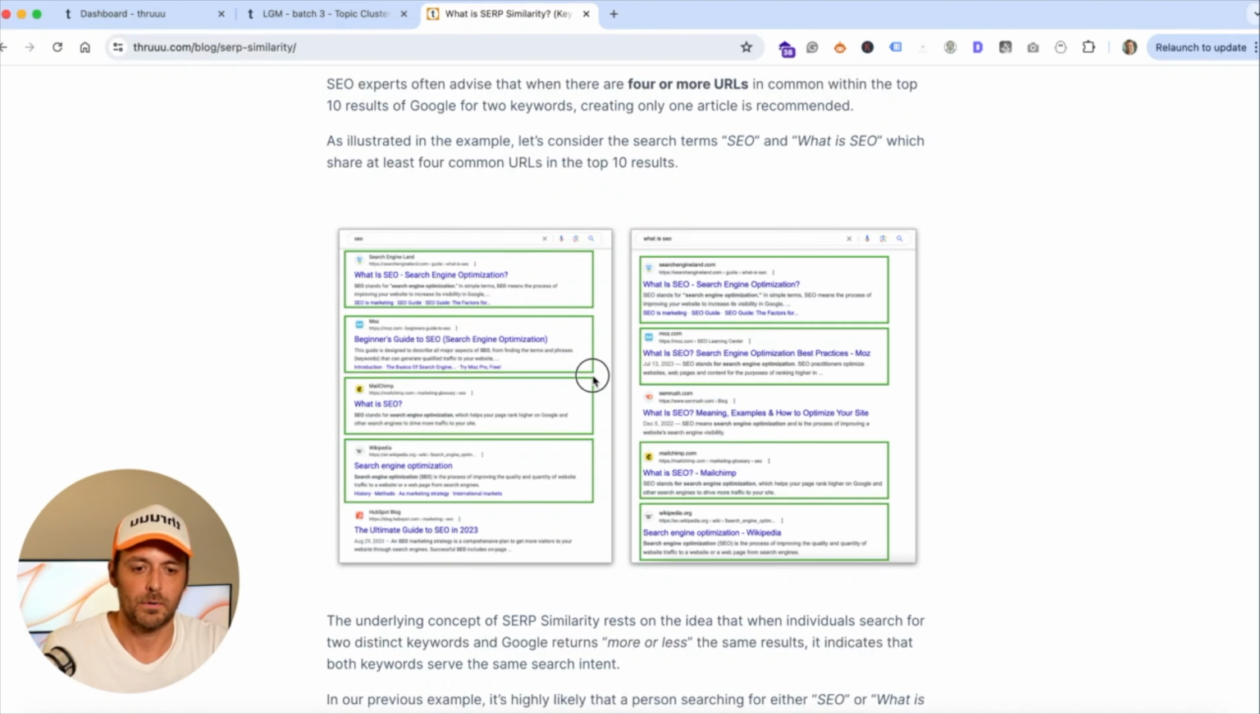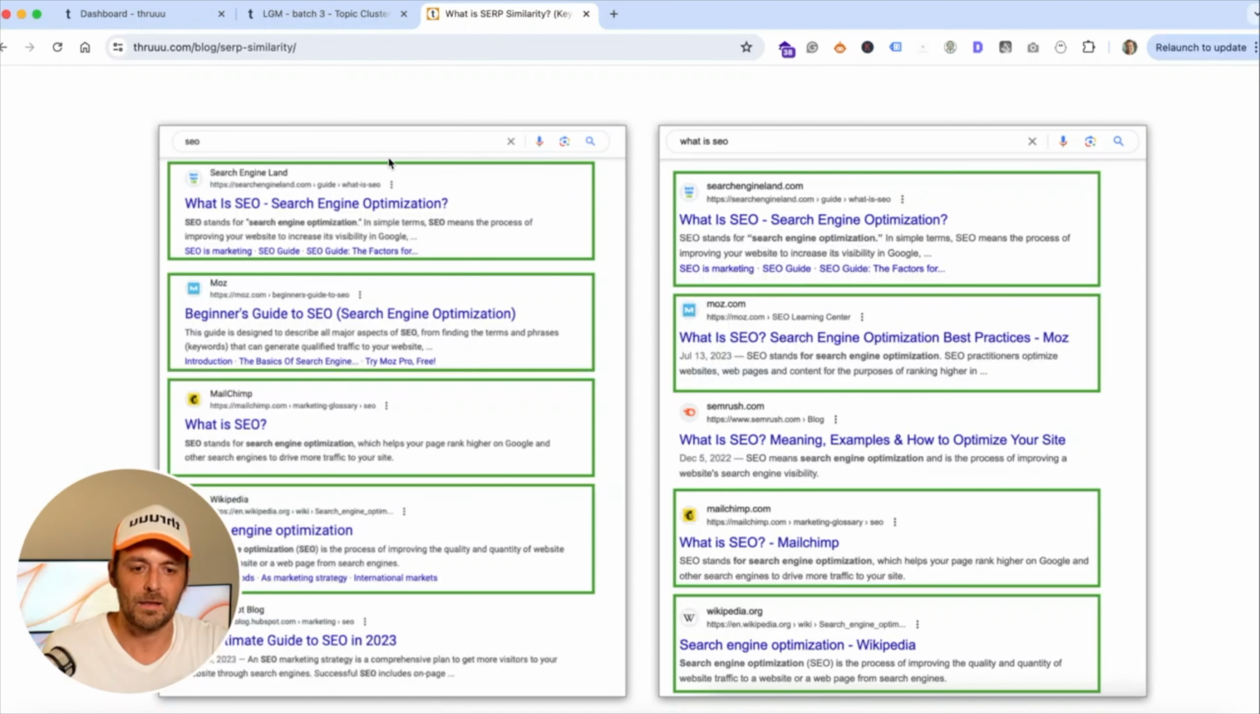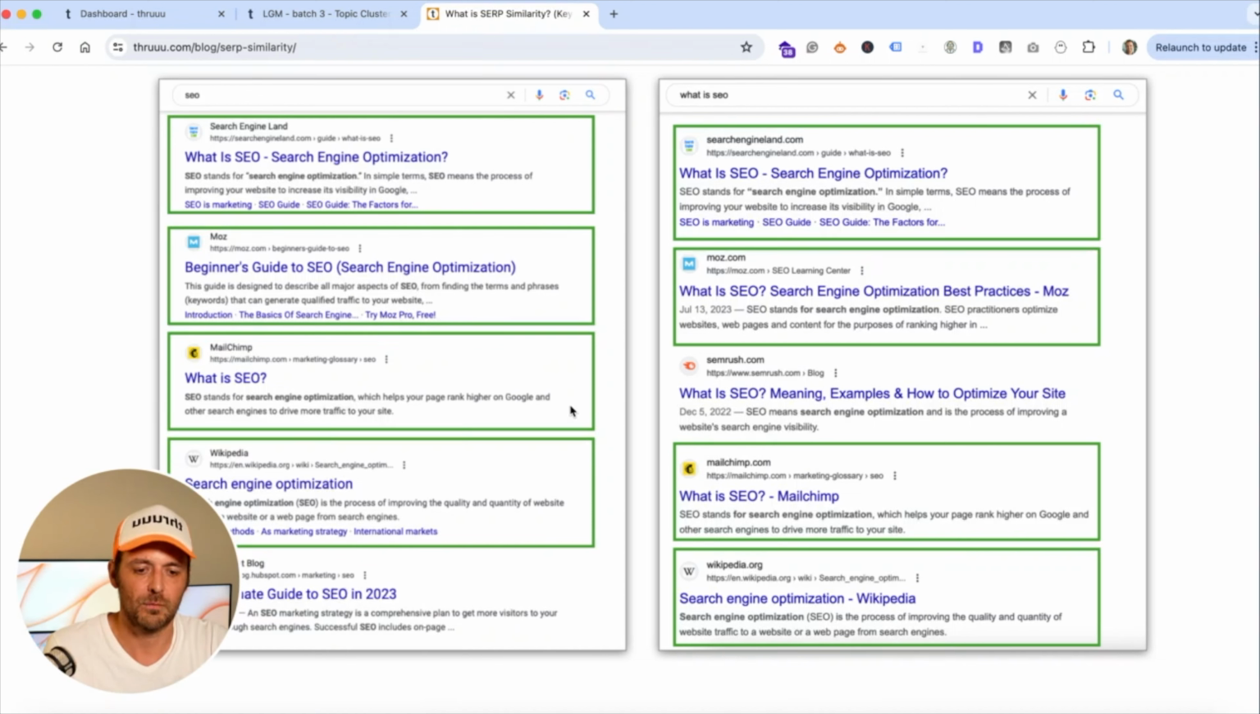If I take this example, SEO and what is SEO? Here you can see a lot of similarity between these two keywords. Obviously, because the search intent is the same behind. Somebody typing SEO or somebody typing what is SEO is maybe a beginner, somebody looking for information about SEO. He wants to understand what search engine optimization is. So also here you can see that by understanding and analyzing SERP similarity, you can also understand the search intent